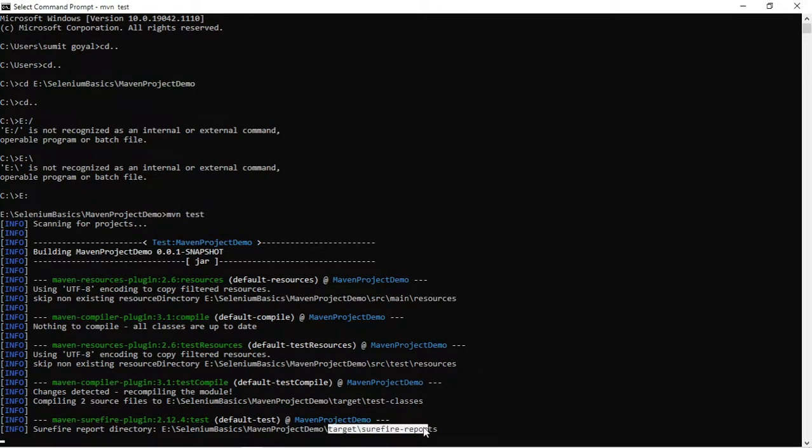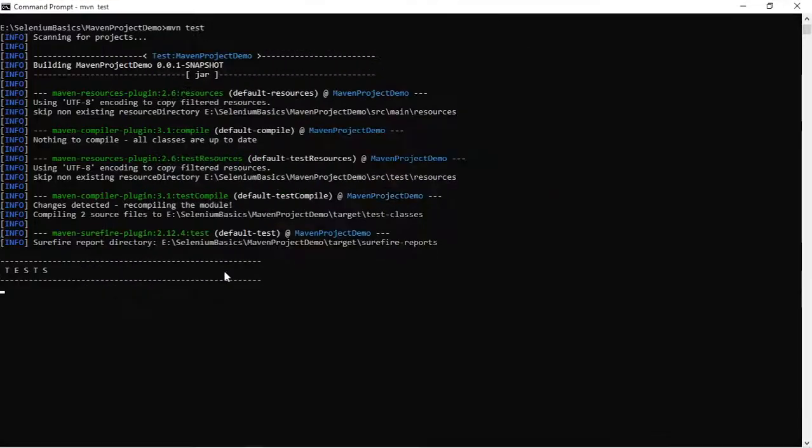Also you can see it is inside this target folder. It is trying to generate some report. Basically Maven will always generate all the reports and all the important files inside the target folder. It is taking some time, and you can see the output. We should see no failure.